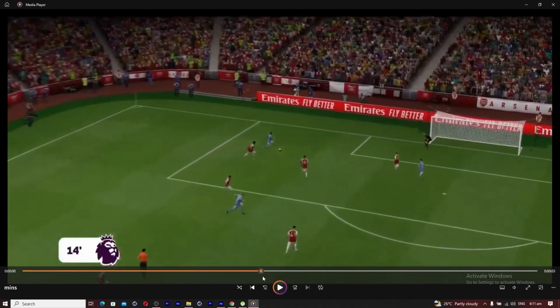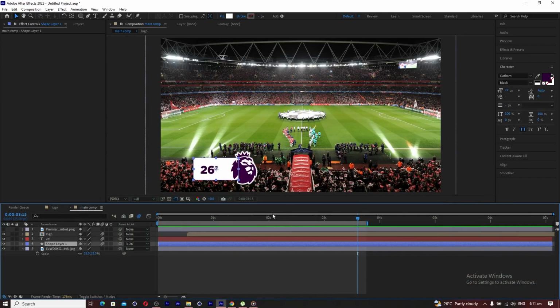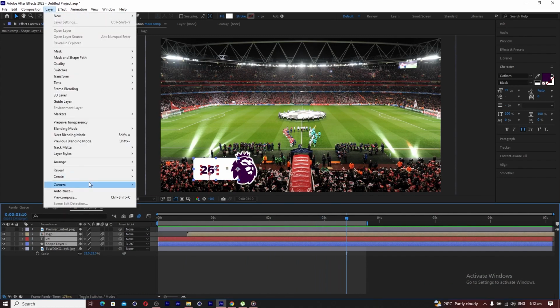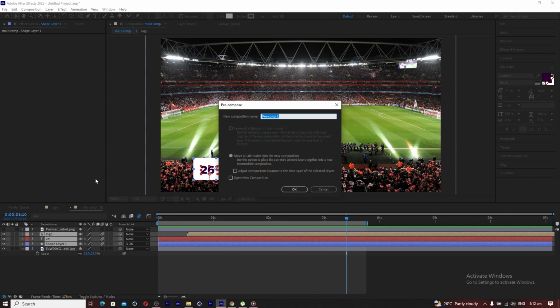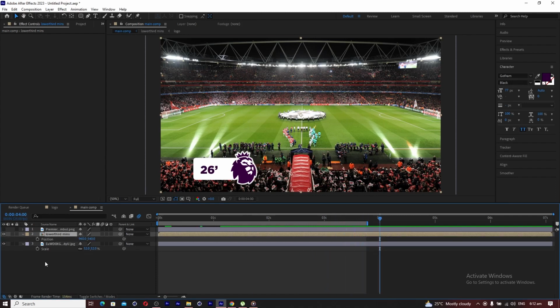Let's quickly animate it going out, which is very simple. It just goes out of the shot. So to get this done, we just pre-compose all of it. Layer, pre-compose, call this lower third, minutes. So we have the animation still there, pops up, stays a bit, maybe for 4 seconds, then we'll go P